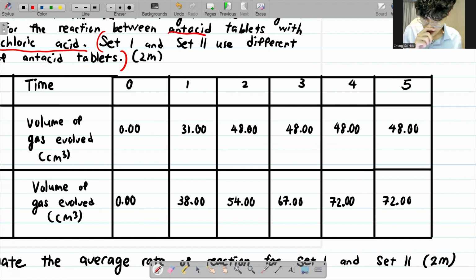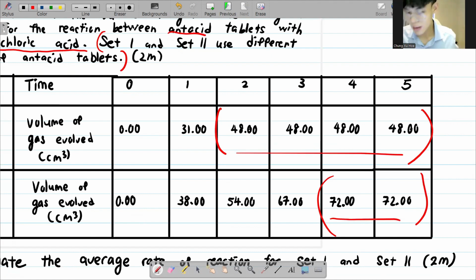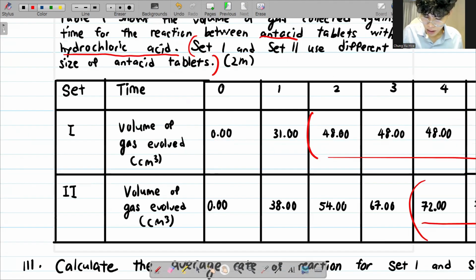In this case, for set 1, it's here, and set 2 is here. You realize that a constant volume of gas is obtained. So the moment you realize this, I'm going to bracket it. Meaning, for your first set,